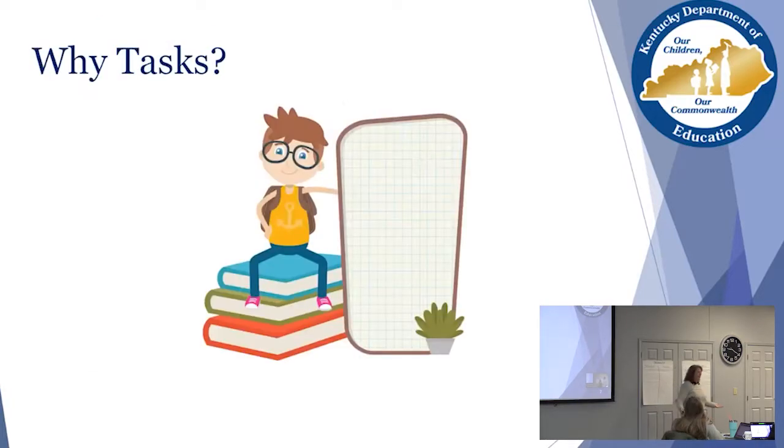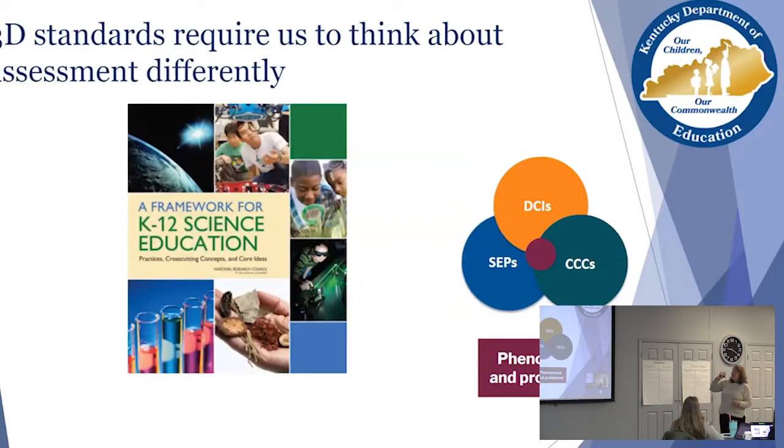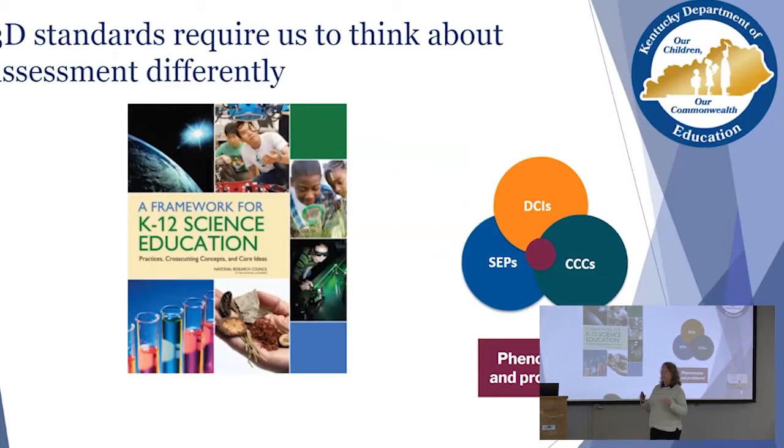So let's start out at the very beginning. I keep saying task. Why do I keep saying task? Well, when I look at the framework for K-12 science education, that is the basis of the development of our science standards. These are the things that a group of well-known international and national people who came together at the national academies, and they said, these are the things that we find are important in science. These are the key pieces. This is what science instruction should look like. And a part of that are these three dimensions.